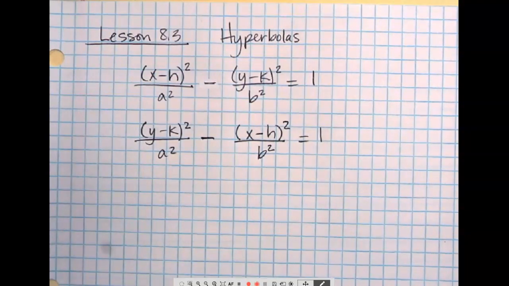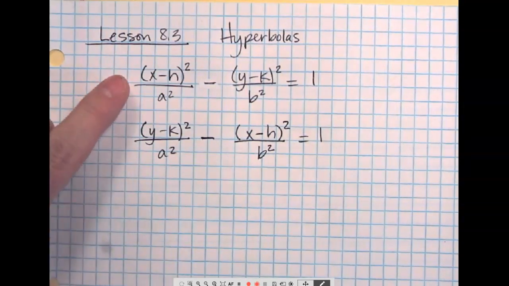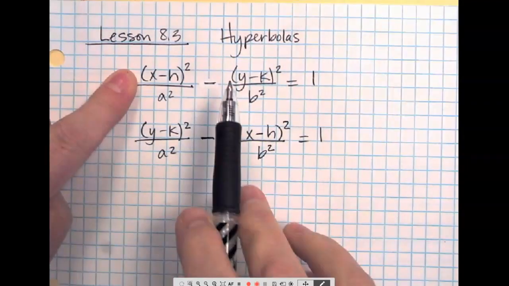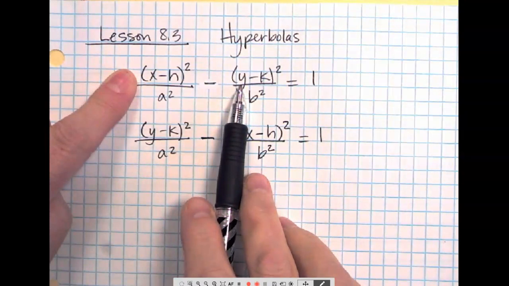Okay, so the similarities that you might notice are the x minus h's and the y minus k's and the a squareds and the b squareds. But there is a minus as opposed to plus with an ellipse. And these can be vertical and horizontal just like the ellipse. So if the x term is the positive term, I would call the y term the negative here